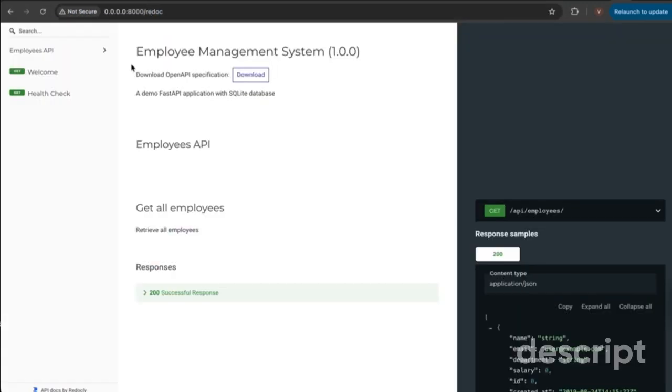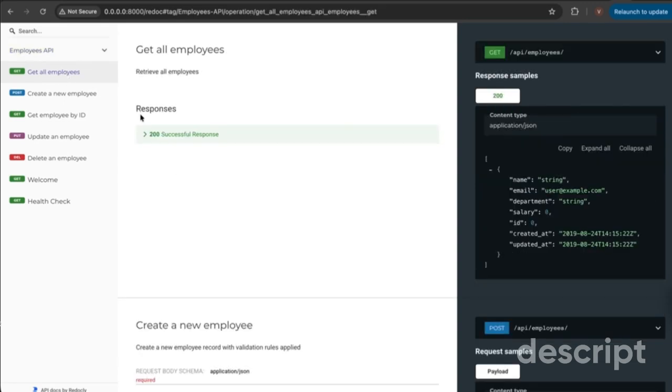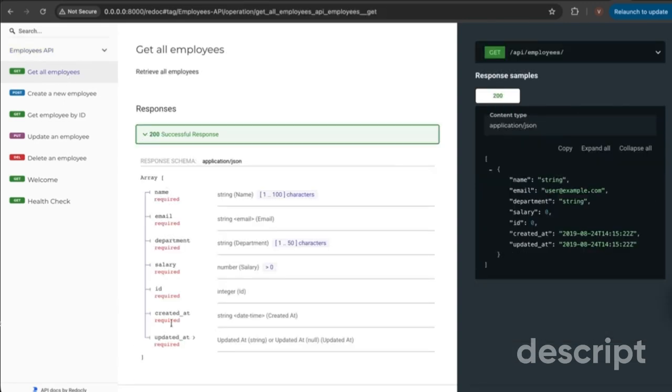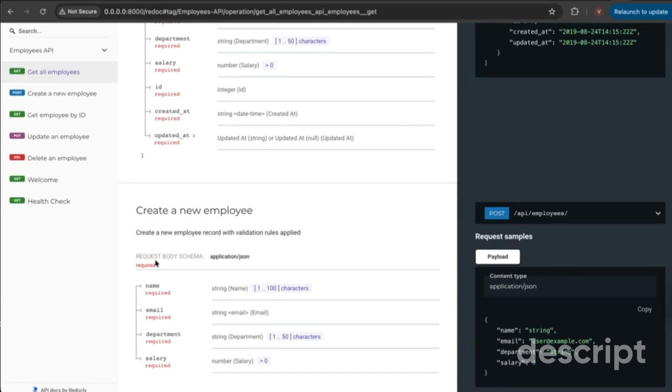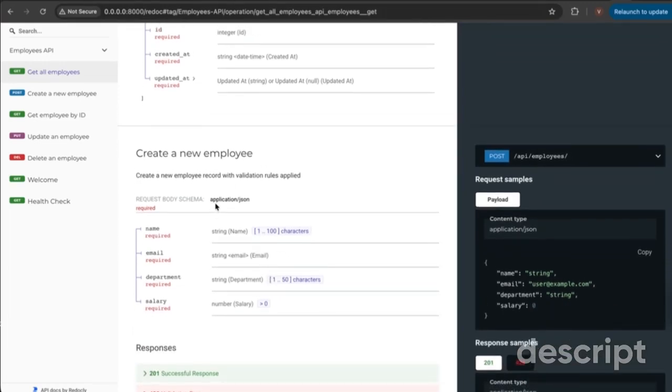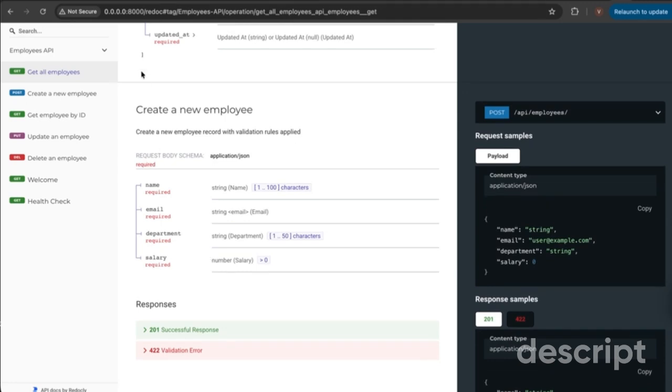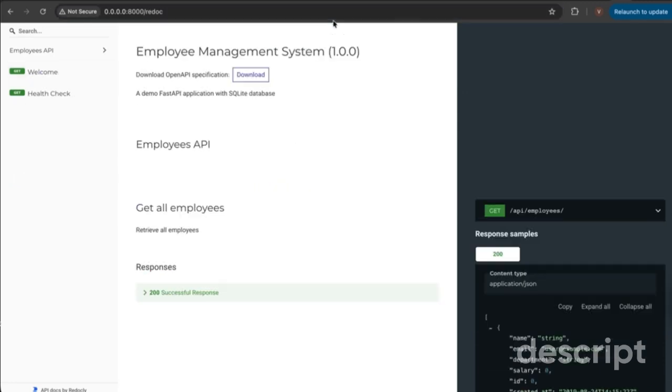This will give you the information about what the APIs will exactly do, on the specification. If we take all employees, it will give you what the response object is and what the required set of fields are that it is sending as a response. And for create a new employee, this will give you the required request body, what the fields are that we need to pass. This is basically the end of the API. If you want to go through the documentation of how each and every API is defined, what validations are applied, what the request is, and what the response object is, you can just come here and you will get the entire information. But this is only documentation.